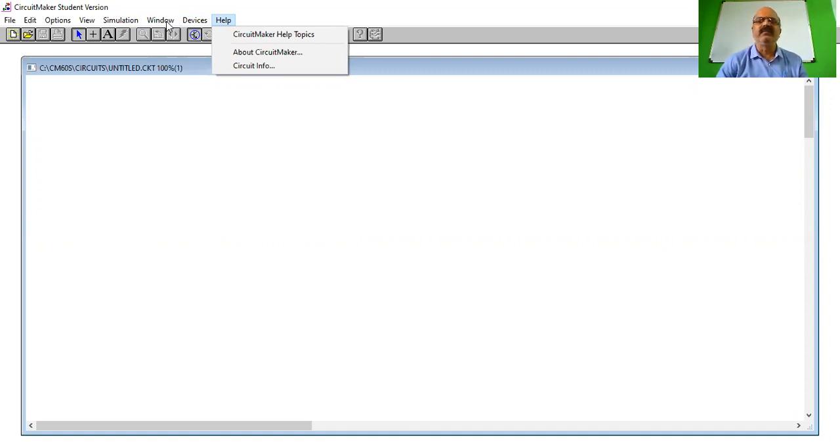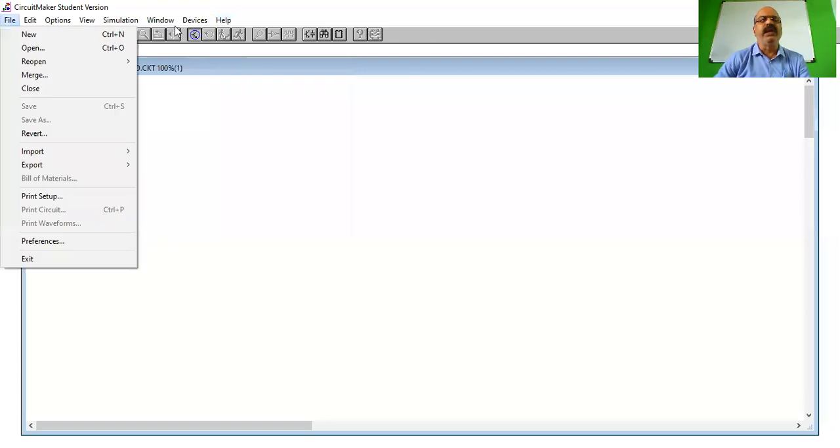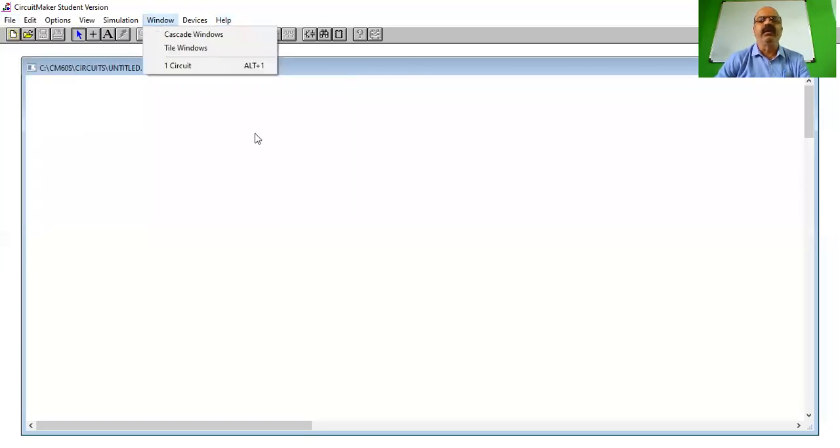All details regarding this software will be available in the help menu. Of course, you need an internet connection for that because the help menu is online. You have to connect to the internet, then only you will get the help menu. So these are the menus available in the Circuit Maker software.